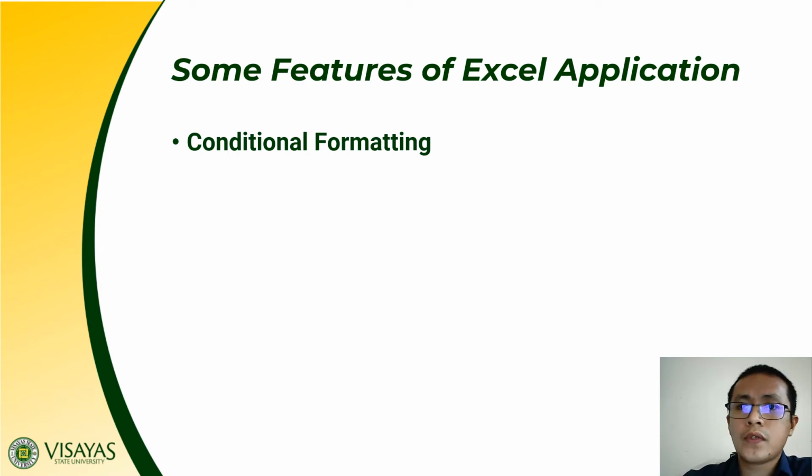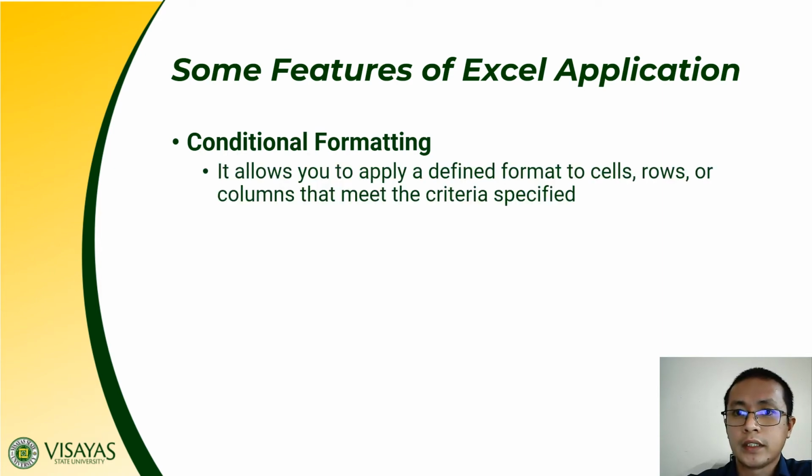Excel also allows you to do conditional formatting. That means it allows you to apply a defined format to cells, rows, or columns which meet the criteria specified. So you have your specific criteria to apply a specific formatting. Say for example, you want to have a red